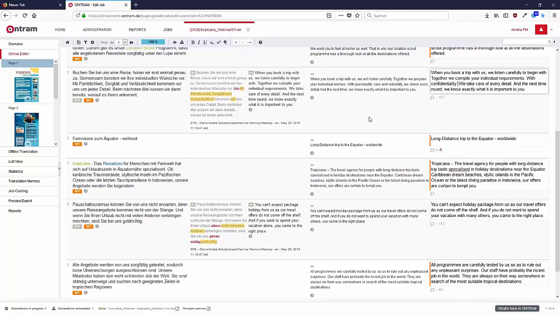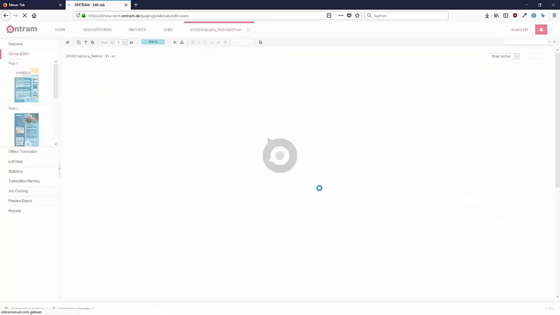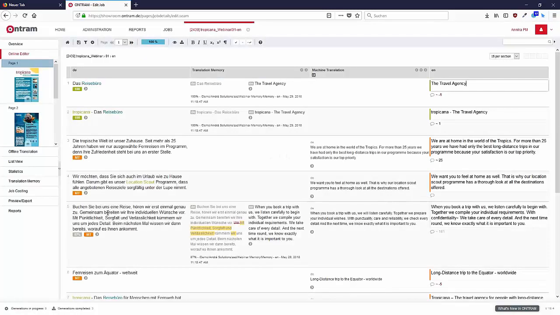So this would be a single page preview. We really try to do that for all types of formats we're using the ONTRAM, so InDesign, Word, PowerPoint, but also for content management systems, for example, that we're connecting to. So just imagine that I was working as a proofreader right now,